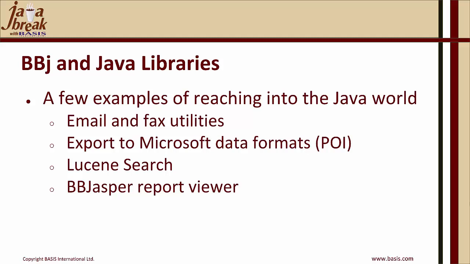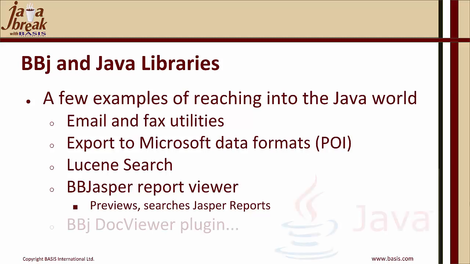And then probably the piece de resistance is our BBJasper print preview capability that allows us to view, export, save in Google Docs, a report generated from the WYSIWYG report writer tool that's available as an Eclipse plugin. It allows us to preview reports, search those reports, print them, save them to PDF, export them to Microsoft Office